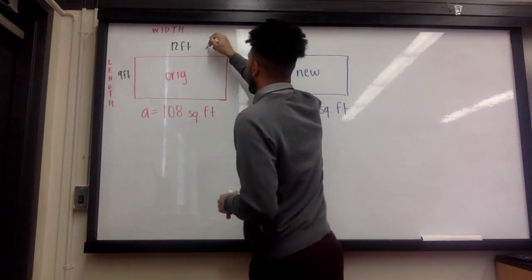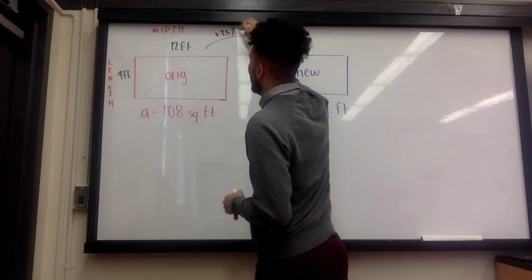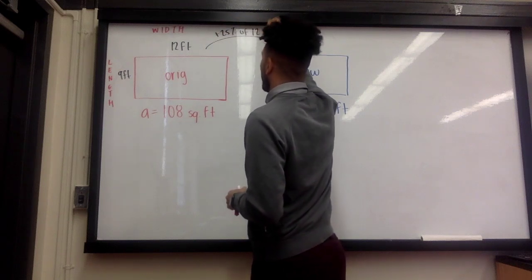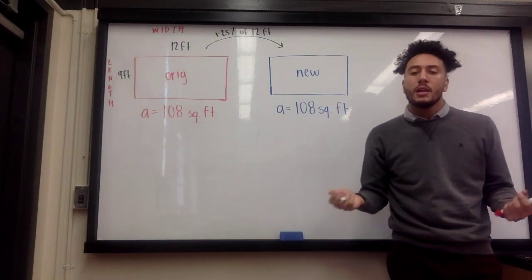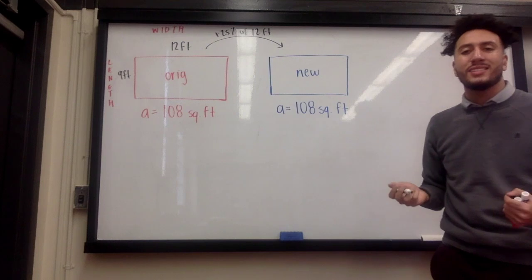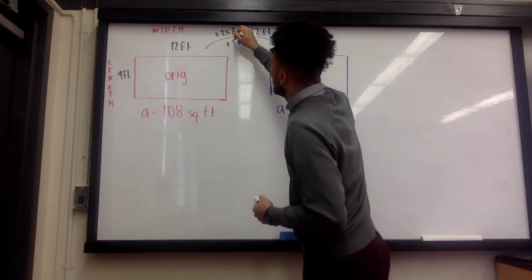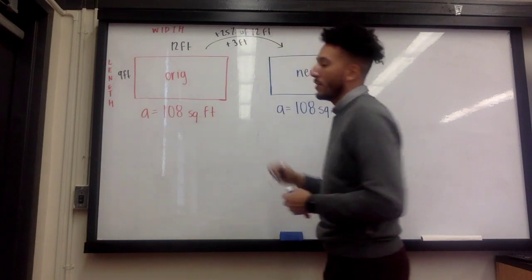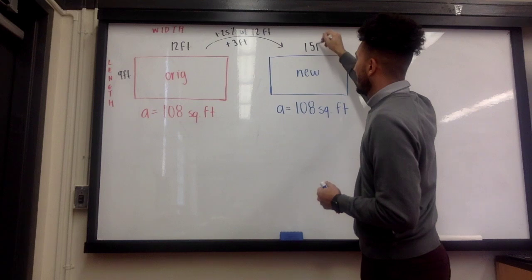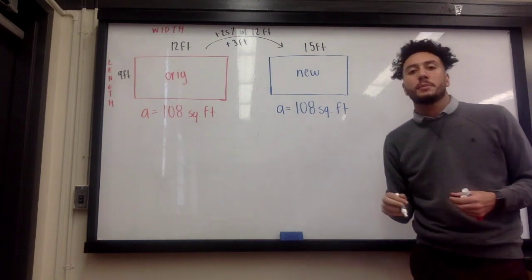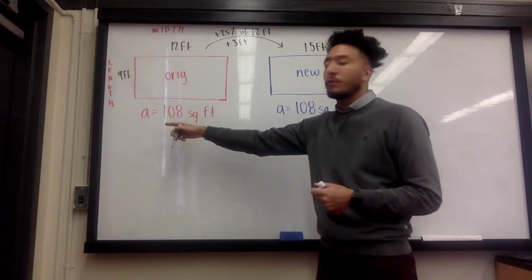So there is an increase of 25% of 12 feet. We know that 25% is the same thing as 1/4 or a quarter, and 1/4 of 12 is equal to 3 feet. So I'm adding 3 feet onto the already 12 feet in the original to get a new width of 15 feet. Now the question is asking me, how much am I decreasing my 9-foot length in my original